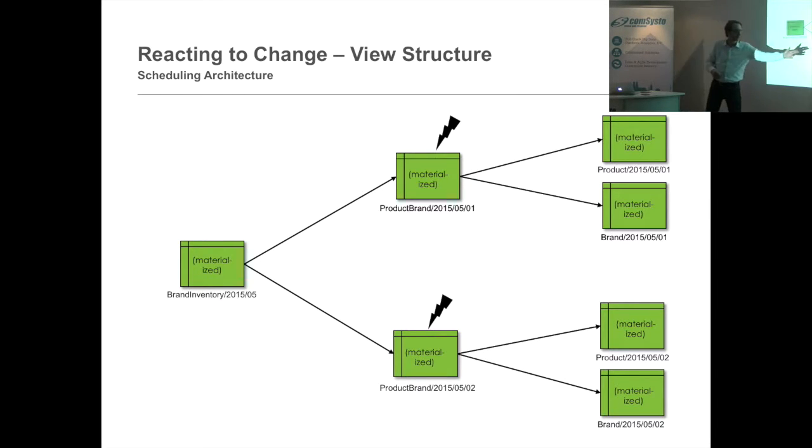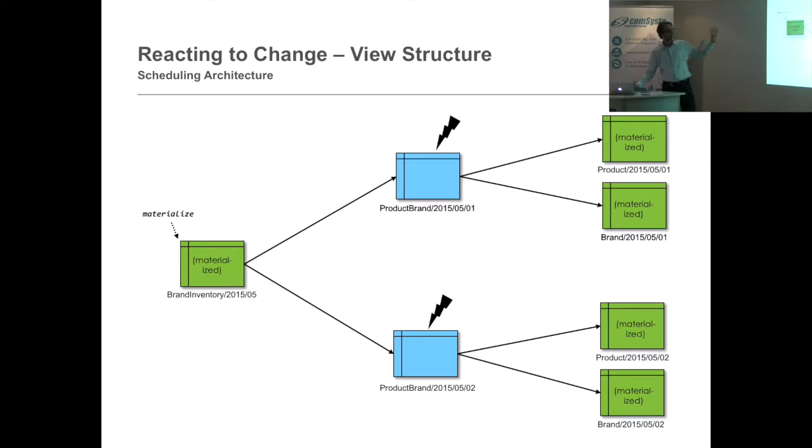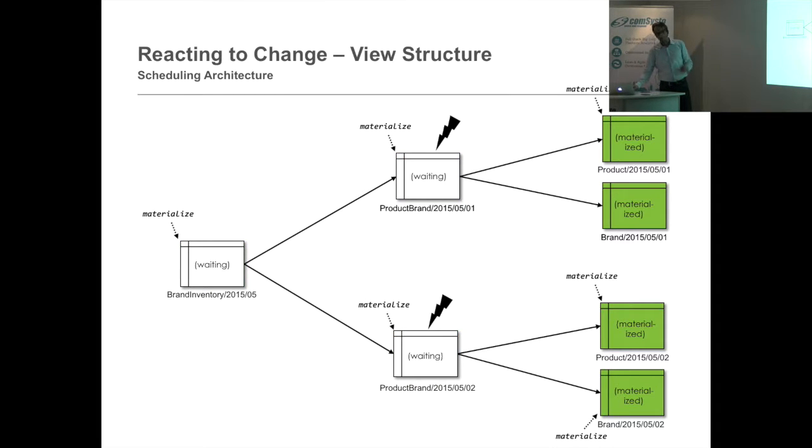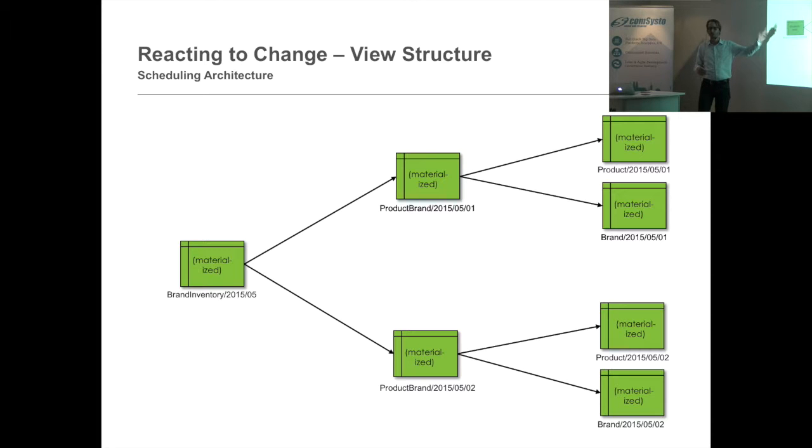And one pretty similar use case is when the DDL of the view has changed. So let's say here we have some kind of new field in this view. Then again, let's say here we have some new table. Again, we send the materialize command to our table of interest. So this is our goal. This is our goal-driven scheduling. Again, we send the messages down the road. We go up again, and when we go up, we know that we have to fill the table again because the schema has changed. This is what we do with our checksums in the Hive data store. And again, we go up, and finally we have this table with the data from the new schema of its dependencies,